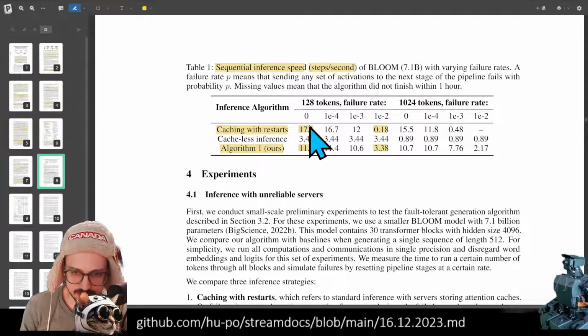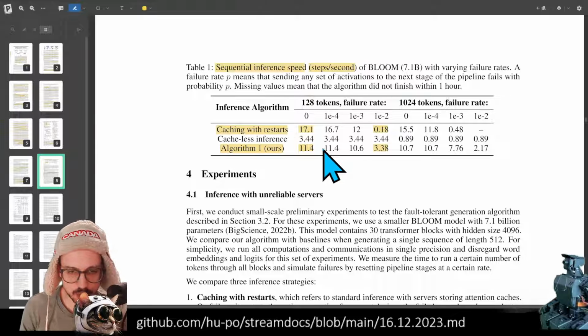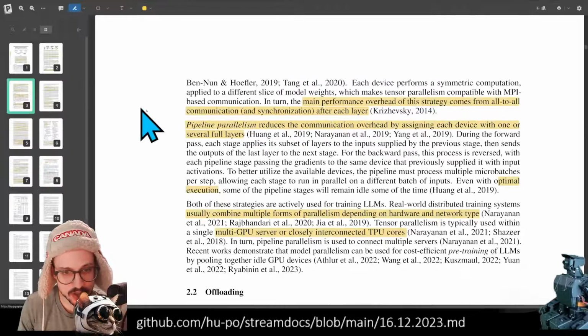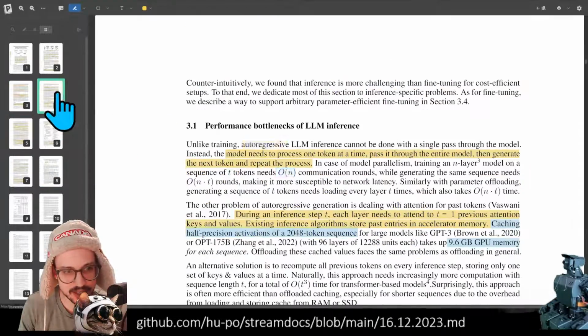So you're like, wait a second, it's worse. How is their algorithm worse? What the heck? This paper's a lie, right? And why is it worse? It's worse because there's all this extra stuff that you're doing. You're basically calculating,